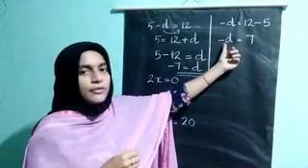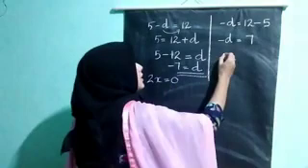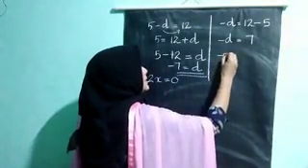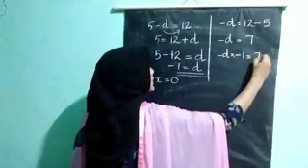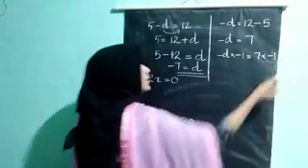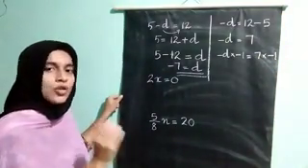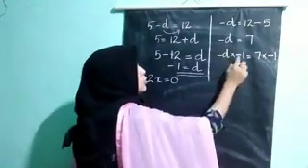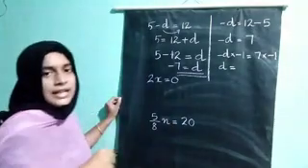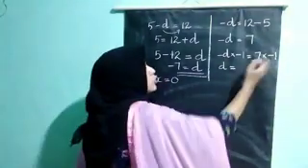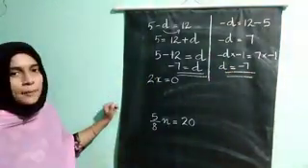But we have to find the value of d. What do we have to do? Here multiply minus d with minus 1 and multiply 7 also with minus 1. If you multiply the same number on both sides, there is no change, right? So minus into minus is plus, d into 1 is d itself. And 7 into minus 1 is minus 7. See, both answers are the same.